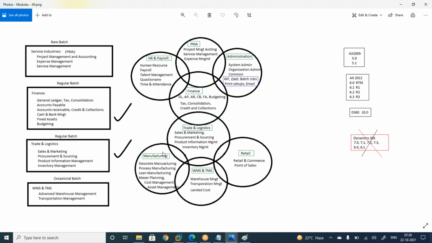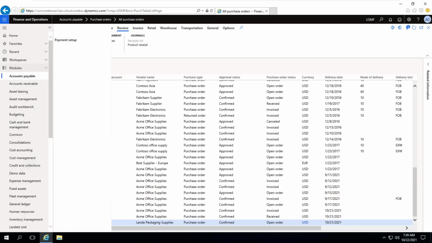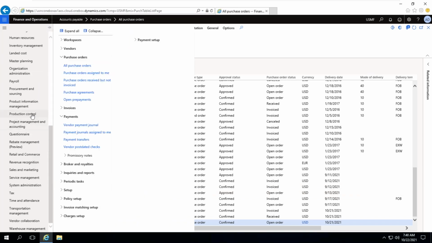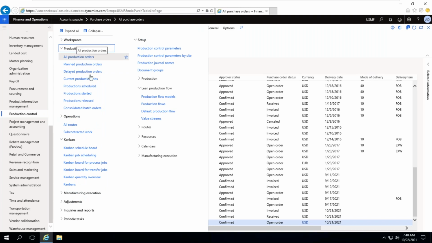I am just asking whether that option is available in our application. Yes. See, these are all different modules I covered, and lean manufacturing is also one of the modules. All manufacturing, like discrete, process and lean manufacturing, will be available in the production control module. Okay. Thank you, Satya. In this you will find production orders and batch orders here, and this is the Kanban process. Kanban process means lean manufacturing.